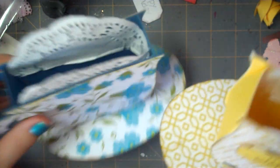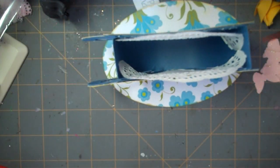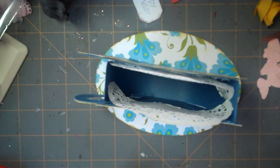Oddly enough, this one went this way, and now this one that I'm doing here is going the opposite way. So anyways, we'll have some fun with that. Yeah, I really like this side better. Okay, so